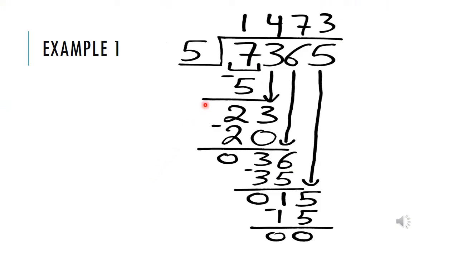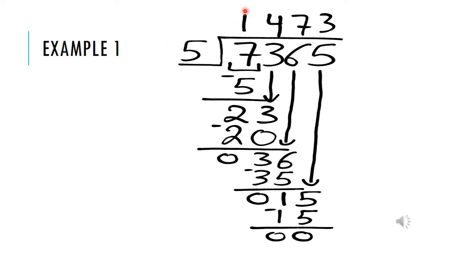In this example, I have to divide 7,365 by 5. First, I have to choose how many digits I should use from the dividend. Since the first digit of the dividend on the left is 7, and the divisor is 5, which means the divisor is less than the first digit, so I only use the first digit in the first step. I ask myself, how many 5s do I need to get 7 or almost 7? 5 times 1 is 5, 5 times 2 is 10. 10 is greater than 7, so I have to use the 5 times 1, so I write the 1 in